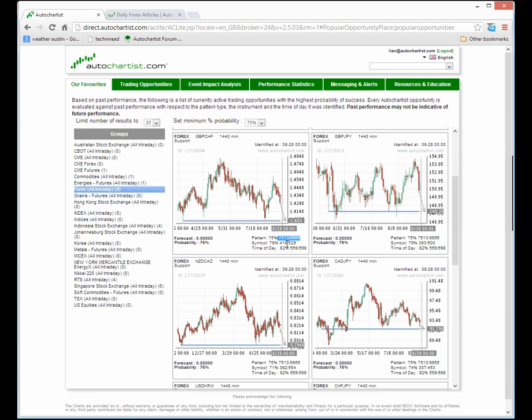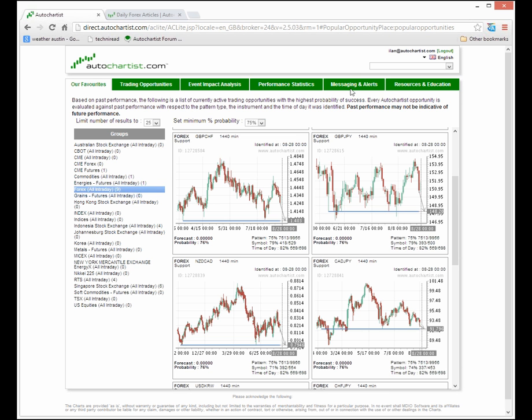This is basically the merge of trading opportunities together with performance statistics. So what this means is that you're not given many options in terms of what to search for, or quality, or trending or non-trending patterns or anything like that. What you're given here is really one toggle, and that's set a minimum probability. So for example, if I set my minimum probability to be 75%, what Autochartist is going to do is basically extract from its database of opportunities the opportunities that are of 75% or more probability right now in the market. Okay, so